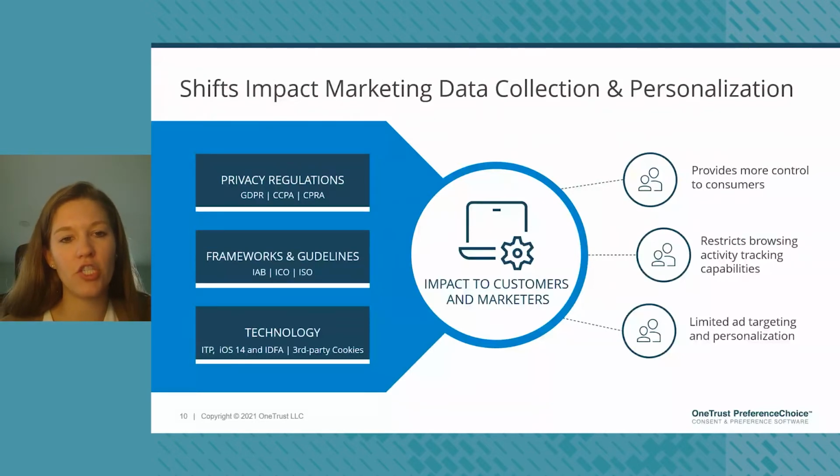So when we say technology changes, we're thinking things like Apple's introduction of the app tracking transparency prompts in iOS 14.5. We're thinking Google's announcements of the deprecation of third-party cookies within the Chrome browser, as planned out another year away. And really, looking at these technology changes is forcing that shift. It's forcing organizations to get organized and think about how they adjust. And this has really introduced a huge opportunity for identity to play a key role in the landscape.